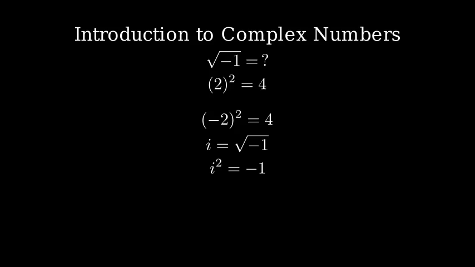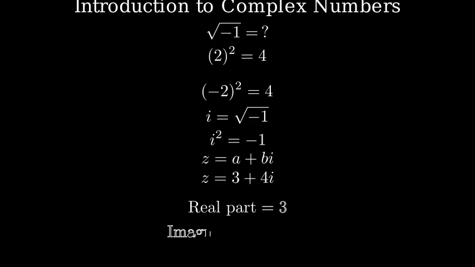This leads us to complex numbers, which have the form a plus bi, where a and b are real numbers. We call a the real part and b the imaginary part. For example, 3 plus 4i is a complex number where 3 is the real part and 4 is the